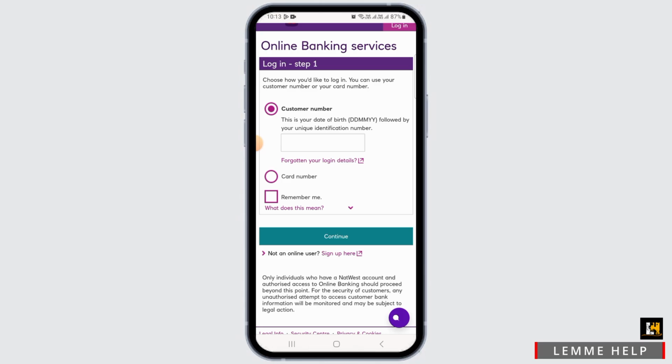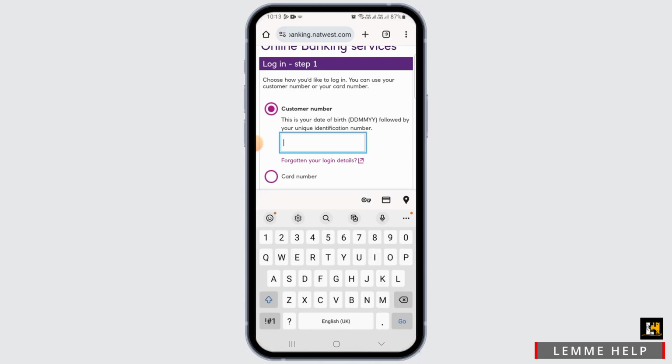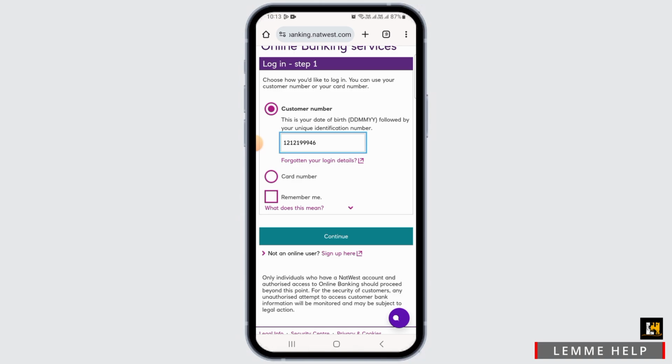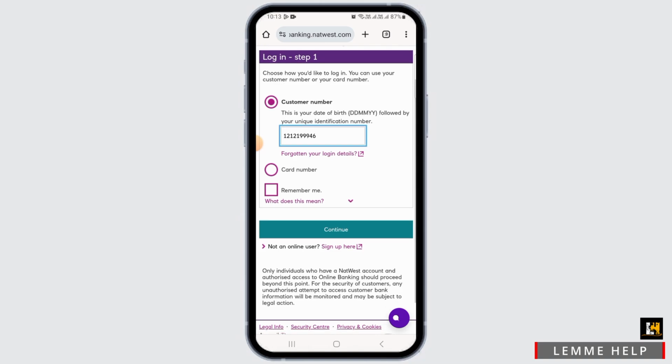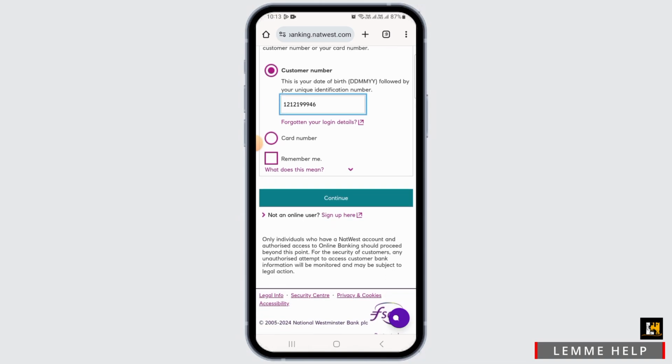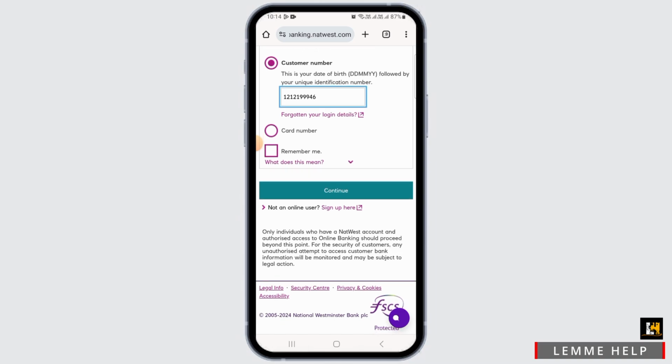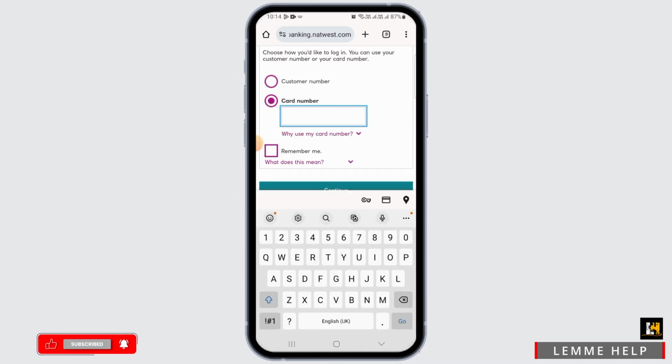If you want to log in using your customer number, you can enter it over here. This is your date of birth followed by a unique identification number. If you have forgotten your login details, you can tap on this link that says forgotten your login details in order to retrieve it. Now, if you want to use your card number instead, tap on card number and then